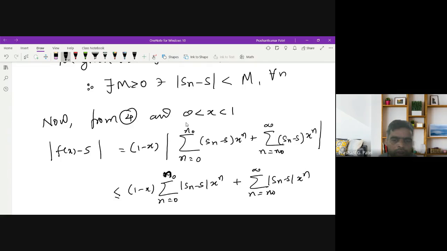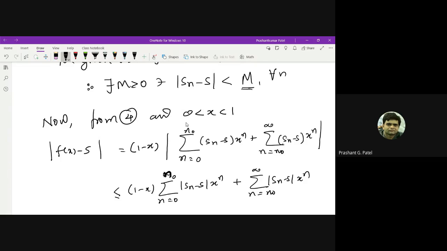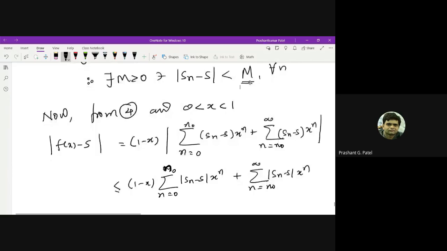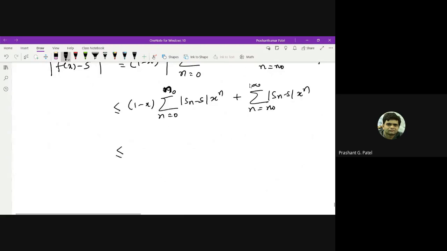Now inside this 0 to n0, this is less than M, and this M is independent of n, so I may write it outside the summation, so that is less than or equal to 1 minus x into M